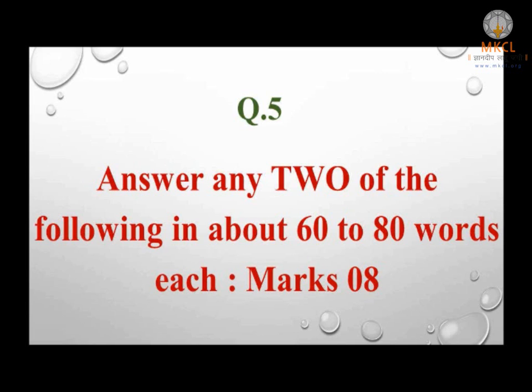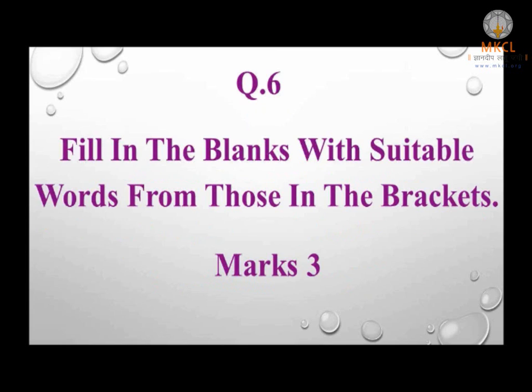Now let us enter into the part of political science. Question 6 takes into account filling in the blank with suitable words from those given in the brackets. Now here, as in question 1A and B, you have to take the precaution to choose the closest available alternative and write it correctly without any spelling mistake. No scratching, no cancellations, no overwriting. If you happen to overwrite, please rewrite that whole line again.